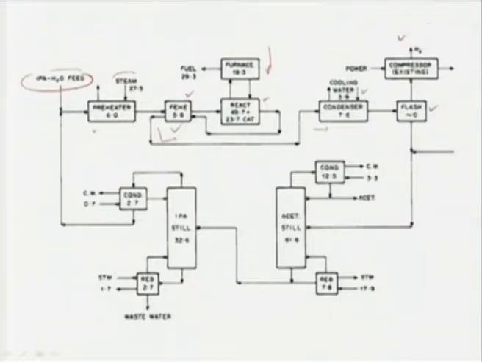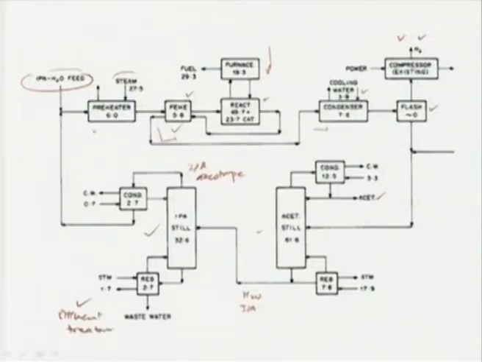The main gas product is hydrogen, which comes out. It is compressed and later on used as a fuel somewhere, or it can also be sold as a side product. The liquid that comes out, which contains unreacted isopropyl alcohol and acetone and excess water, is distilled in two columns. The acetone column, in which the acetone is removed as the main product, and then water plus IPA goes into the second column, in which the distillate product is IPA azeotrope, which is recycled back to the reactor, and excess water is sent out for effluent treatment.